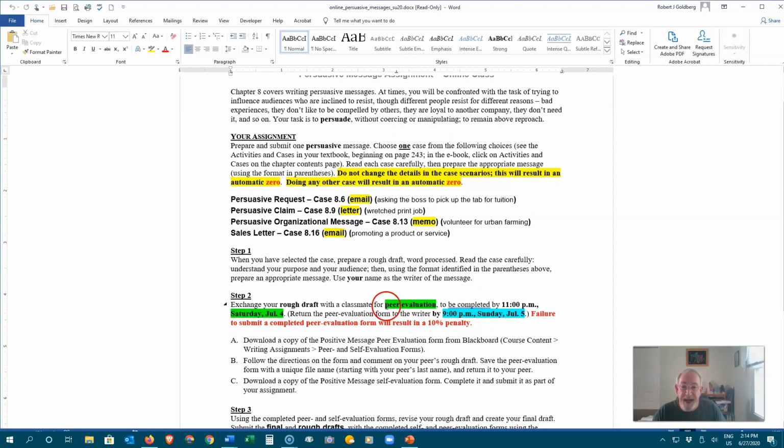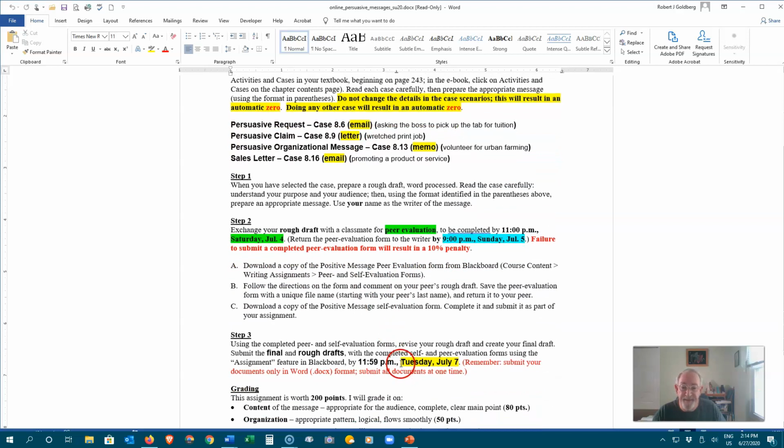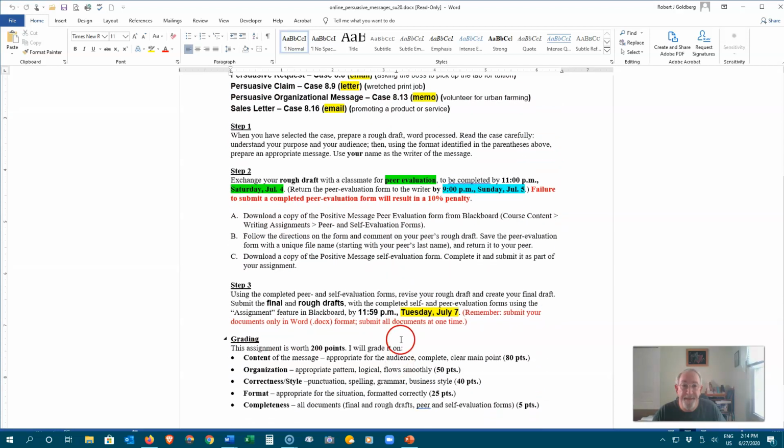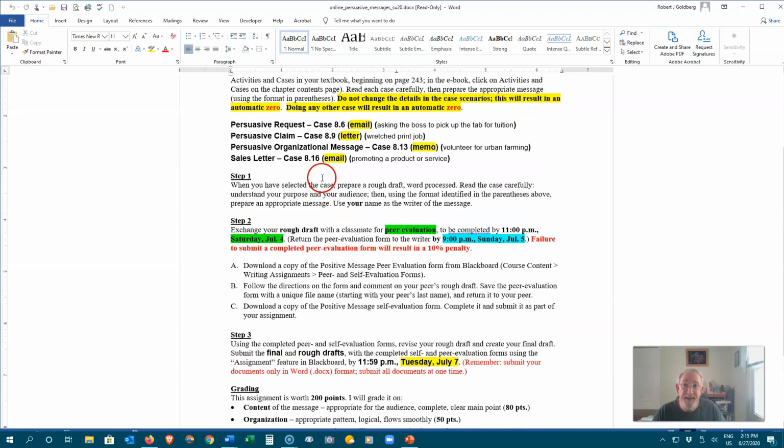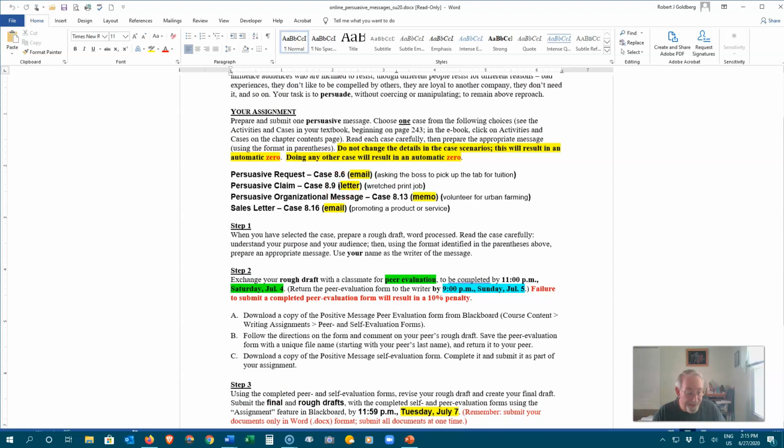First, note the due date. Download and open the assignment sheet. Under your assignment, pay attention. You'll see 4 options. Select one.